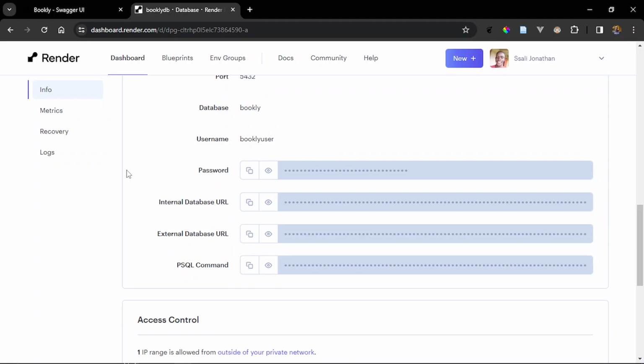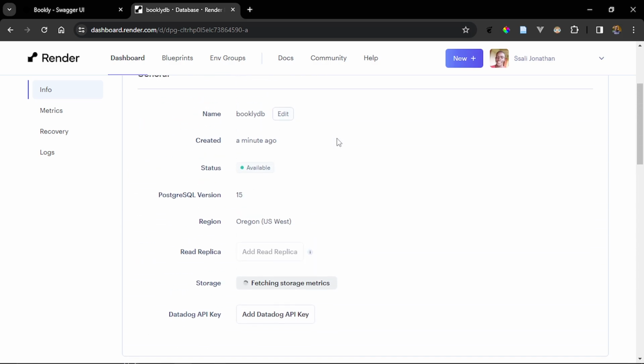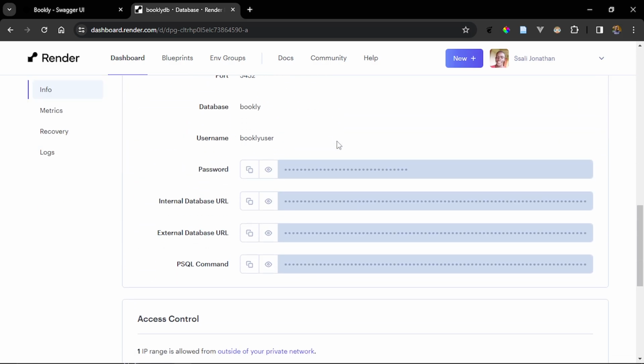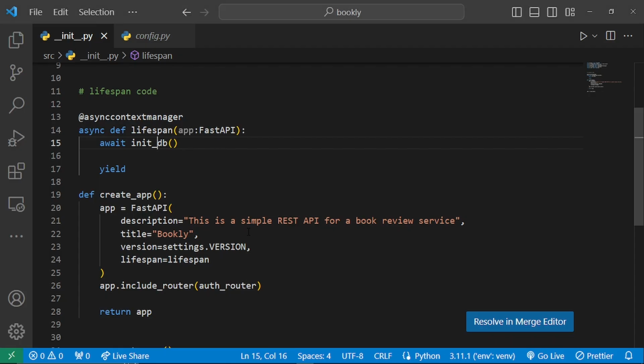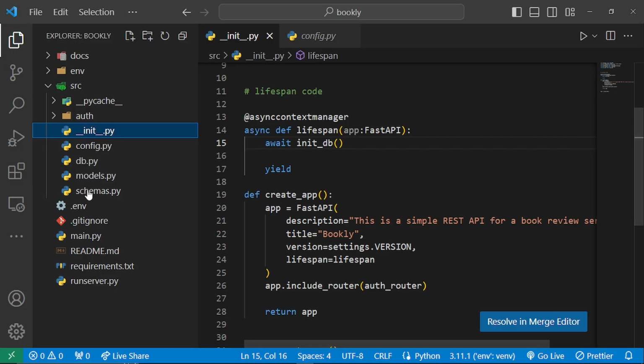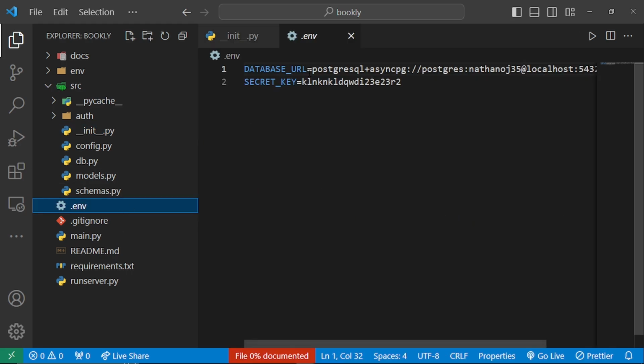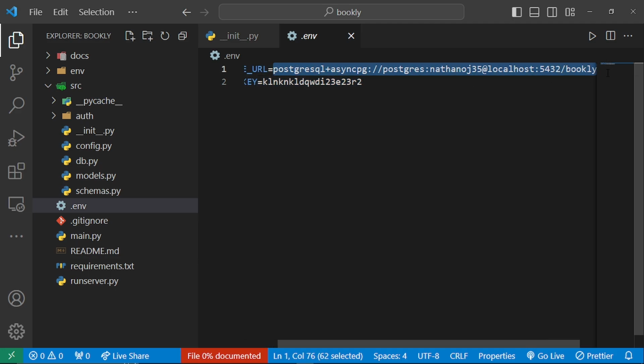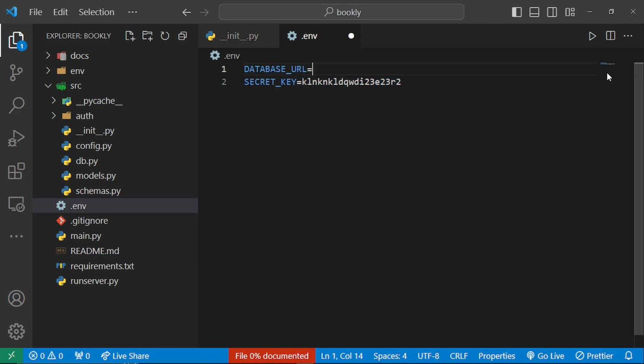So I'll go back right here, and it seems like our database is ready. What I have to do is copy the database URL. In this case, I'll copy our external database URL. And then I'm going to head over to where I have my env file right here. I'm going to replace this specific database URL right here. So I'm going to replace it with my